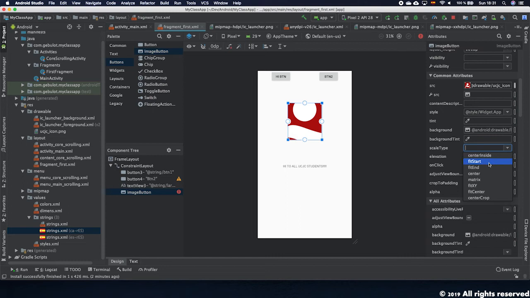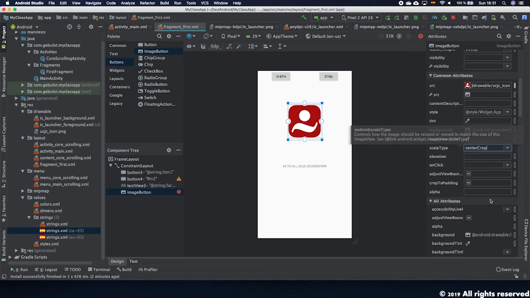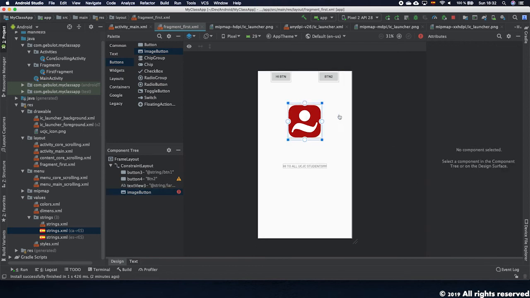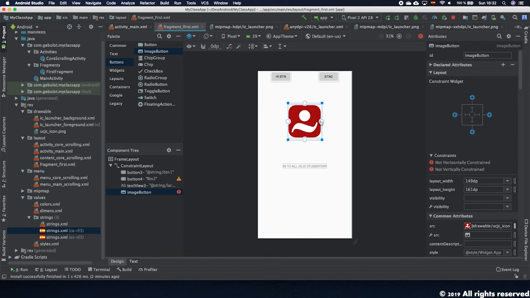Let's see if I can find a center, fit center. Yeah. So we have to play around with some attributes, common attributes. The scale type, for example, we can play around with center. I think center crop is much better. Fit XY, it's not the best. Matrix, never tried it before. Center, it doesn't cut it. Fit, and it makes it smaller. Center and center inside. Okay, so let's put the fit center. No, the fit XY. No, the crop, center crop. Okay, so now I have this image